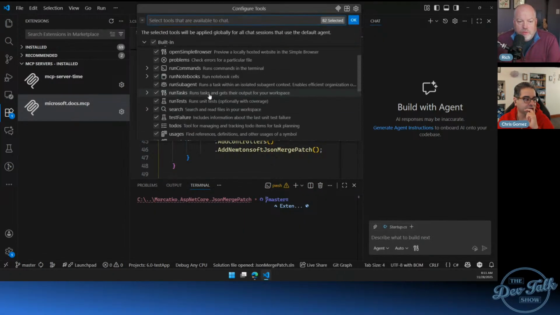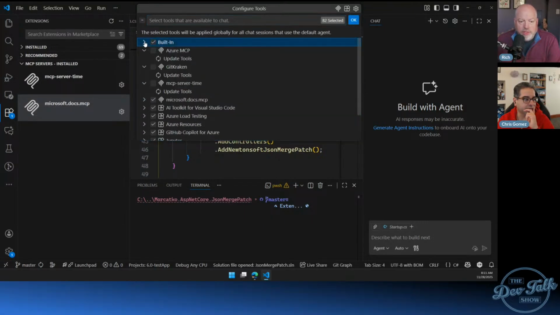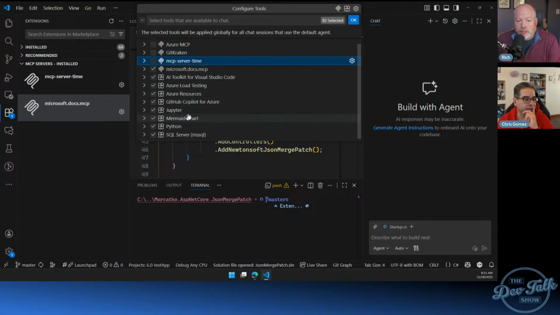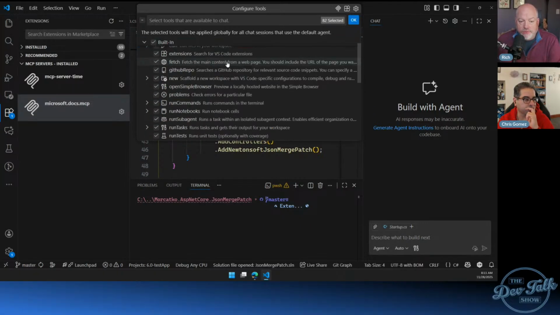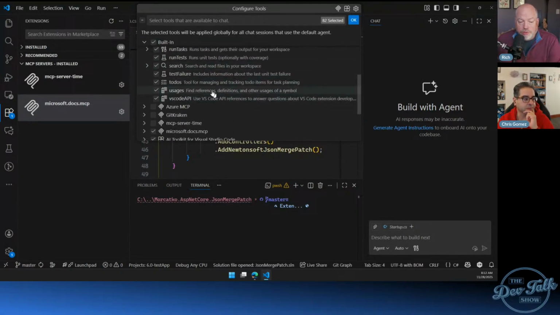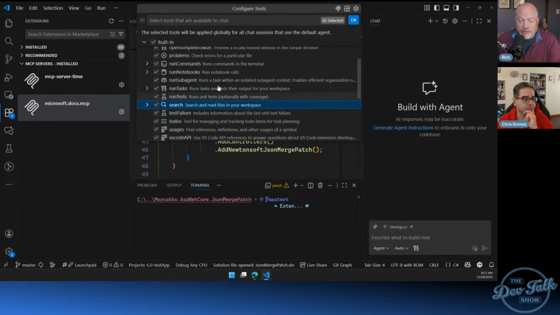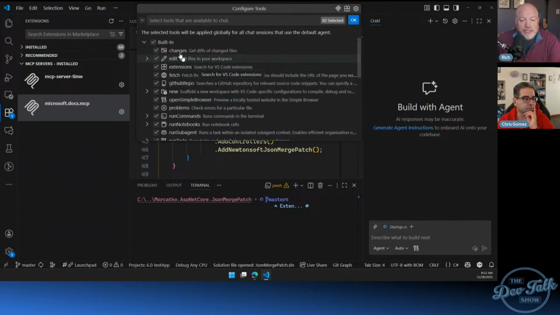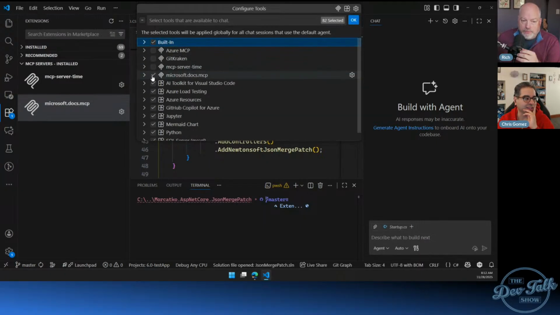Okay. Well, a lot of that, I think, is that there are some built-in commands, right? So if you look at the built-in ones, that gives you a lot of things it's doing against your open set of files around running commands, running notebooks, or running tasks. All of those things inside there are a little over a quarter of them at 37. If I check all of the built-ins, and only the built-ins, then that's how you saw it. I gotcha. So it tells you what's there.